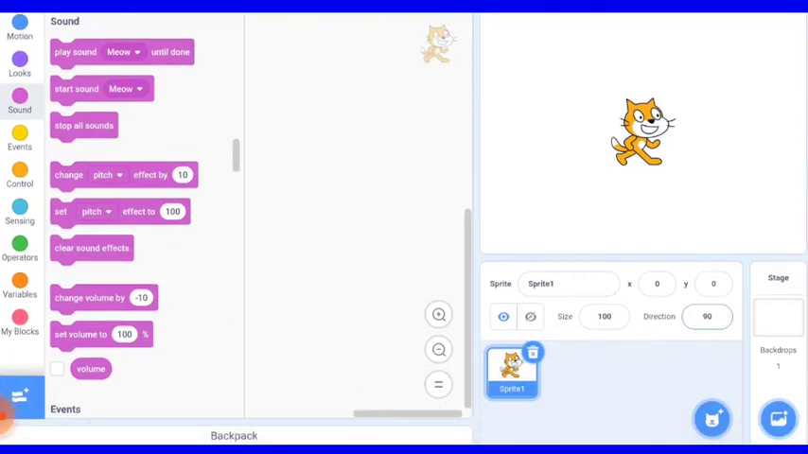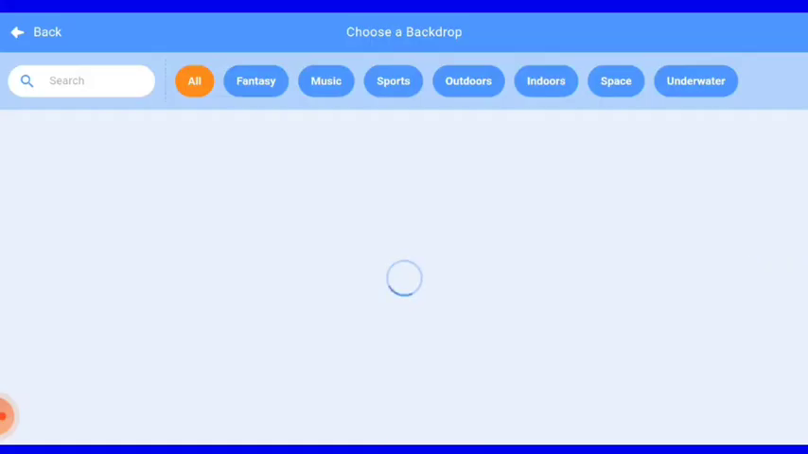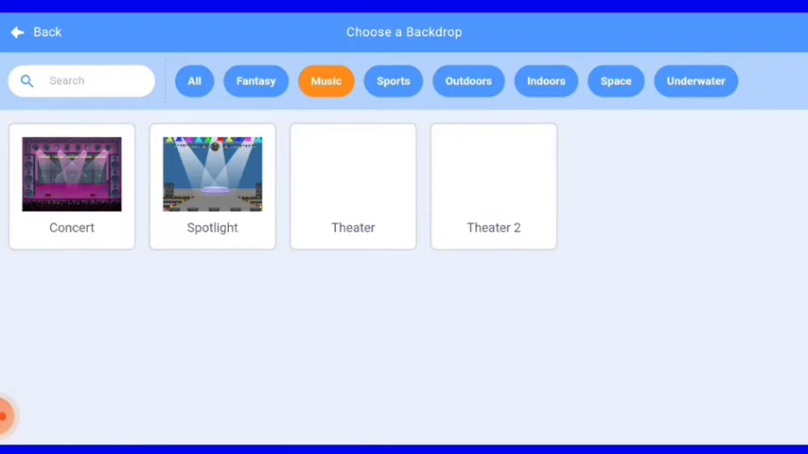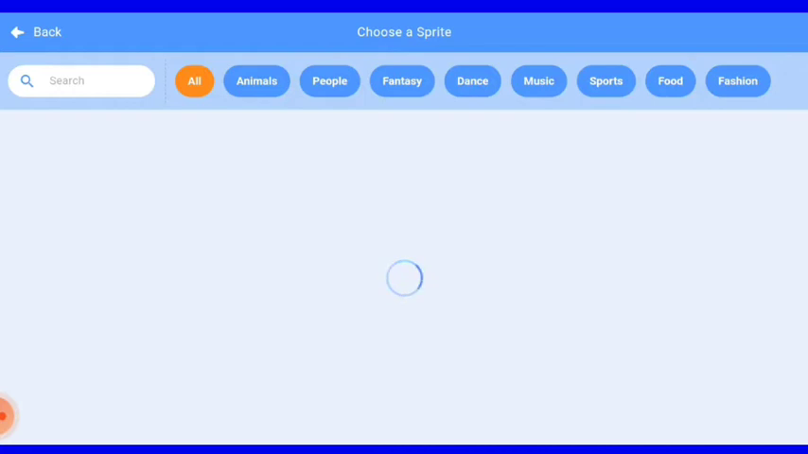And now let's start. First we will delete our sprite cat, and first we will go on background. We will click on music and we will choose spotlight. Then we will go in sprite library. We'll click on dance